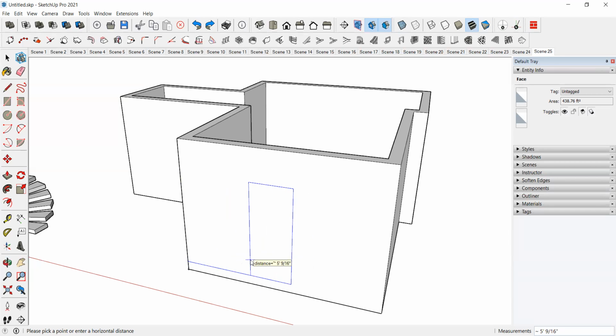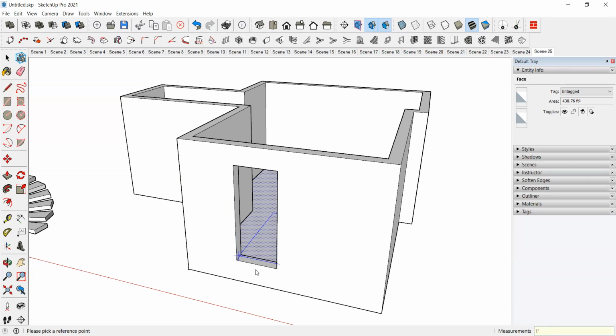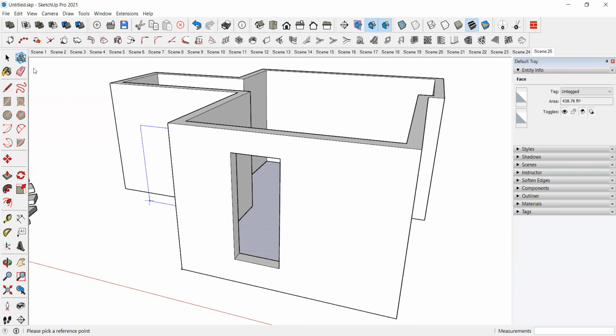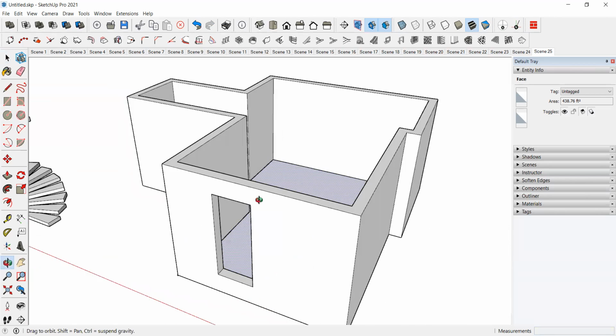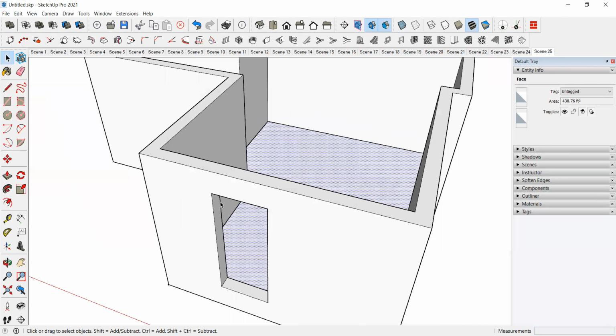Okay, I want in the 4 feet distance. Enter. In how much height you want. Okay, I want 1 feet height. So in 1 feet height and 4 feet distance, it will give the opening for us.